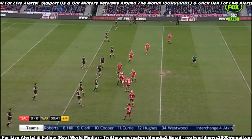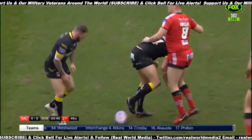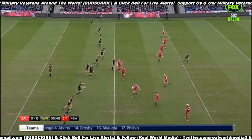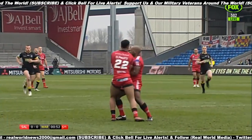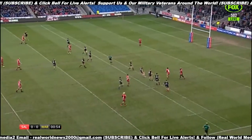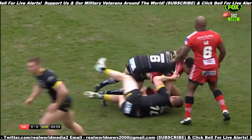as Warrington come forward on the first attack of the afternoon. That's Ben Westwood. He gets Warrington almost to halfway on the last tackle. Tyrone Roberts will hoist the kick. Now here's the first touch, I think. Or maybe not. Oh well, it was almost a mess between Daryl Clark and Robert Lui, but Clark took complete